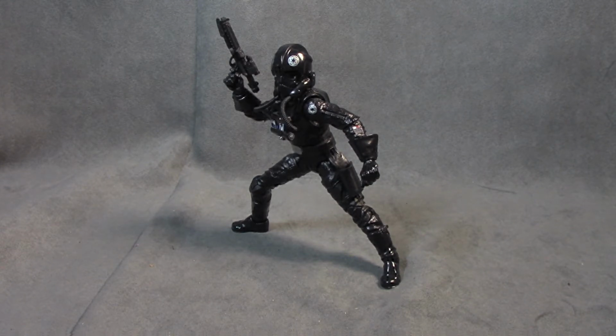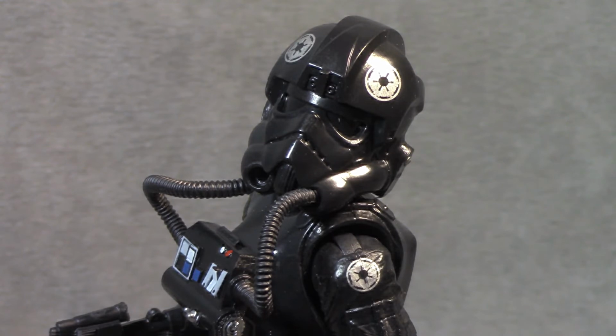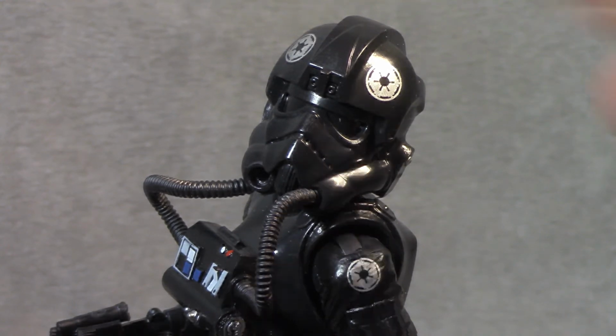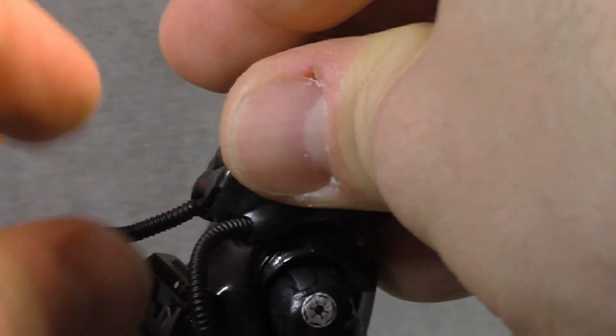The other problem is that I think the proportions are off with the body. I just think the torso is way too slim and way too narrow, and it throws the whole thing off for me. It's a shame because I really like the sculpt of how they did the uniform, and I really think the paint is top notch. I think the articulation is perfect with the exception of these large notches within the ratchets on the ankles. Otherwise, it works perfectly. I have his hose out there, but I'm afraid I won't be able to get him to stand up if I...